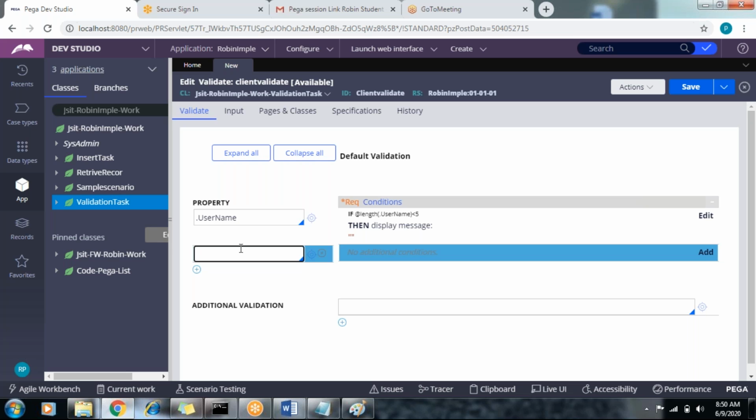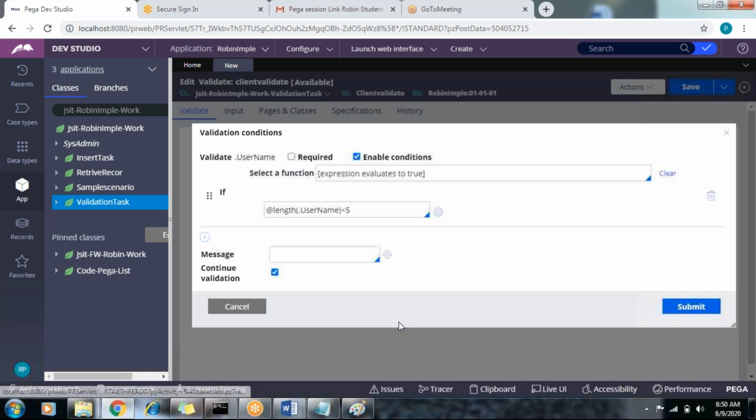Suppose what is the requirement? There is a first name and last name also on the screen, right? First name and last name should always be not equal. Whenever the customer enters first name and last name equal, it should display the error message. I think I forgot to mention the error message. We do one thing: pass the error message first. Please enter valid string.